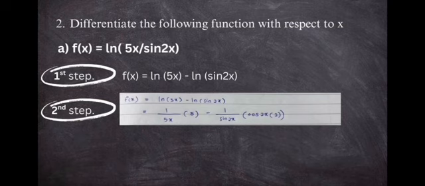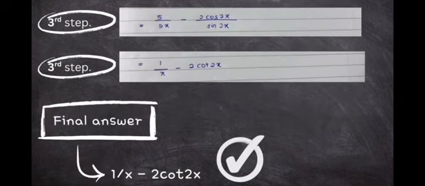We differentiate ln 5x, we're going to get 5 over 5x. Then we differentiate ln sin 2x to get 2 cos 2x over sin 2x. Next step, simplify the equation we got to have 1 over x minus 2 cot 2x, which is the final